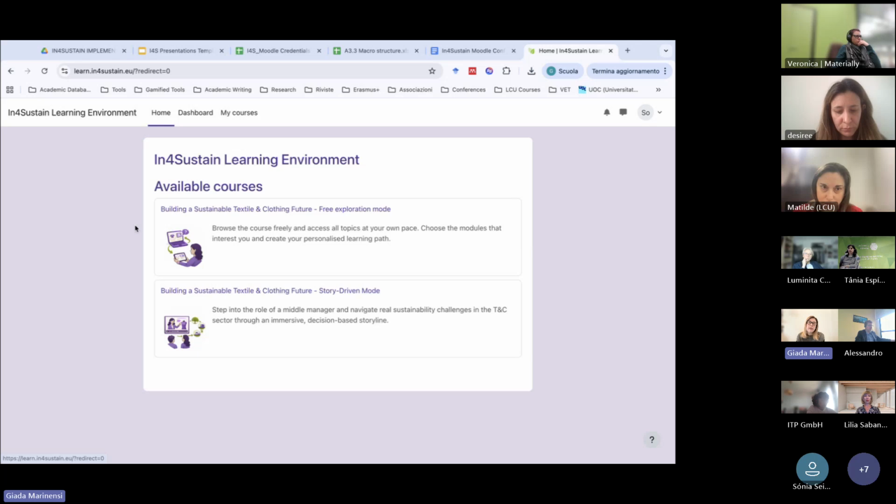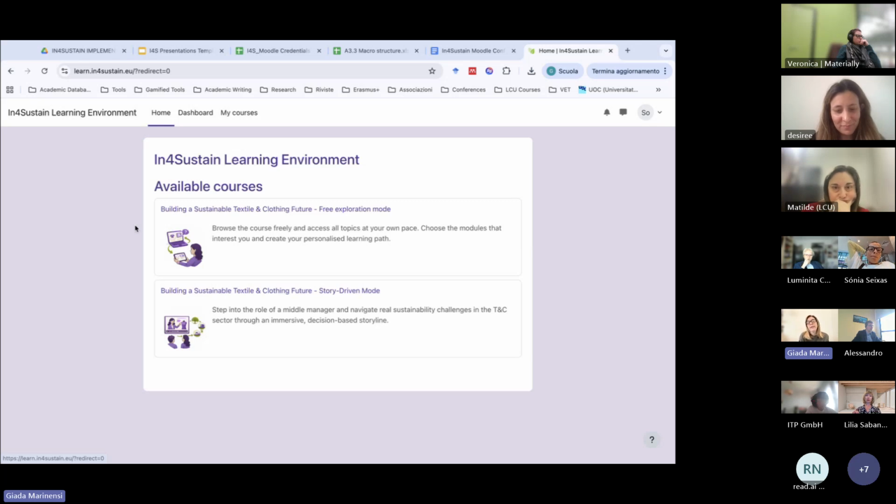While the second approach, the story-driven mode, has a more immersive approach, and it's based on a series of practical situations in which the students have to apply the knowledge that they will acquire.